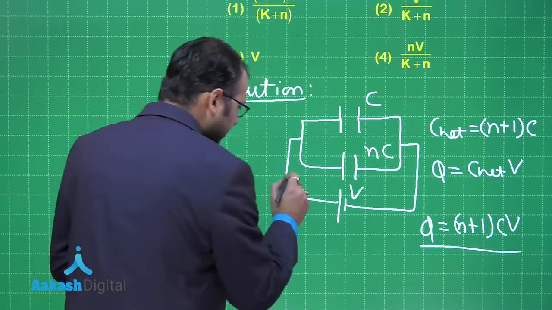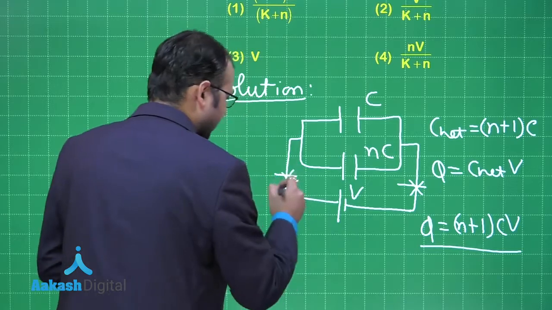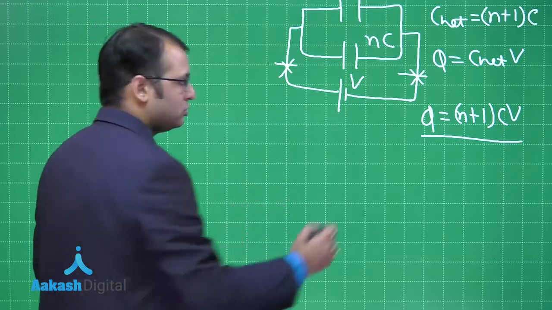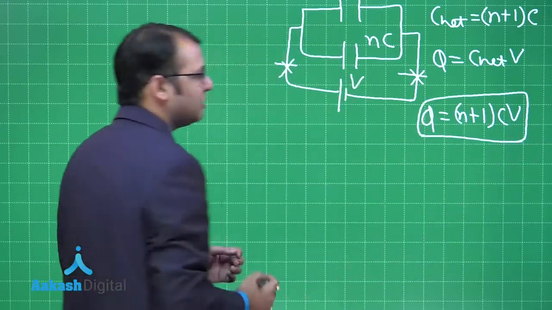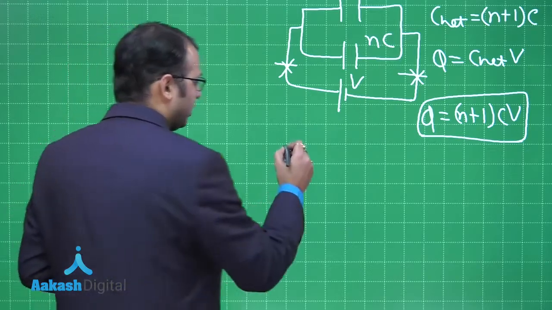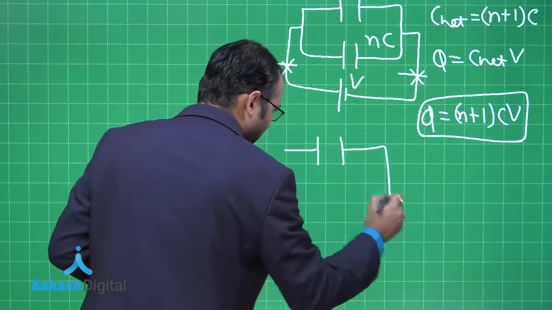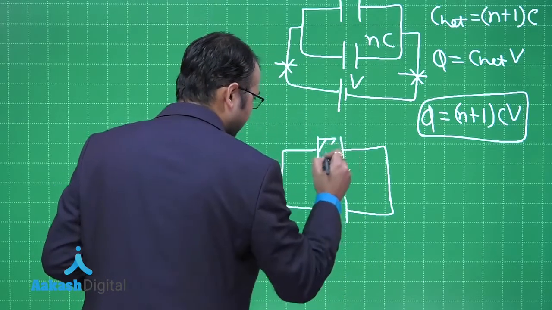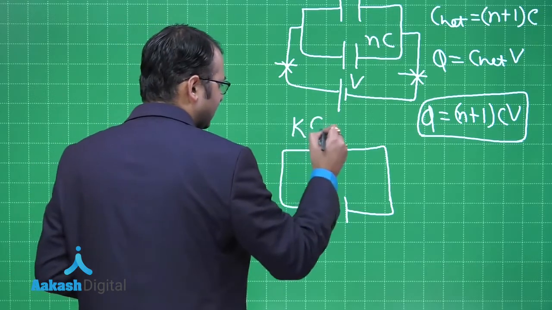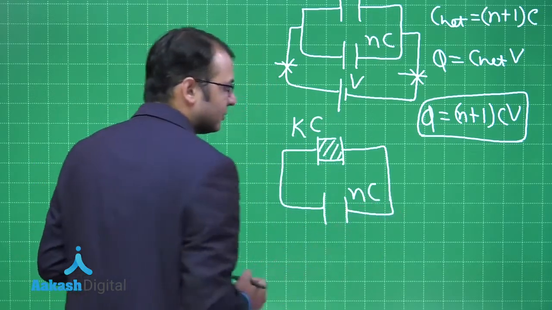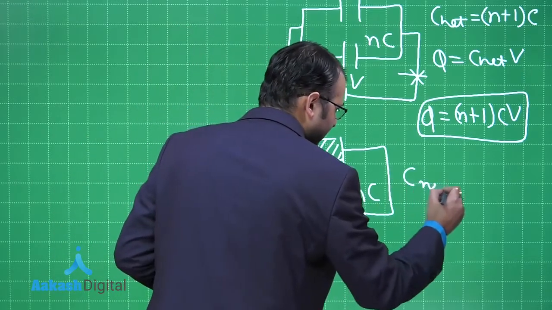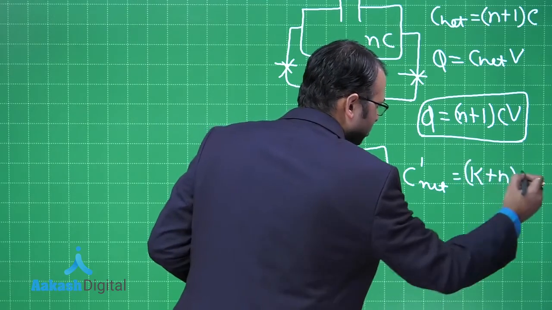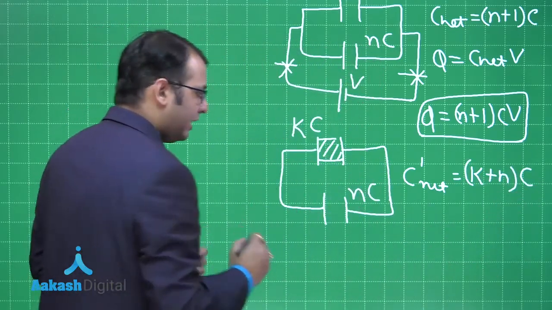When you remove the connection from here, in that case the charge on this system will become constant. So when the batteries are removed, this charge will remain constant, it will not change. Now with the same combination we did what? We added a dielectric in between the plates here. So now this becomes KC and this is NC. Now what is the new C net? That would be equal to K plus N into C, as it is a parallel combination,